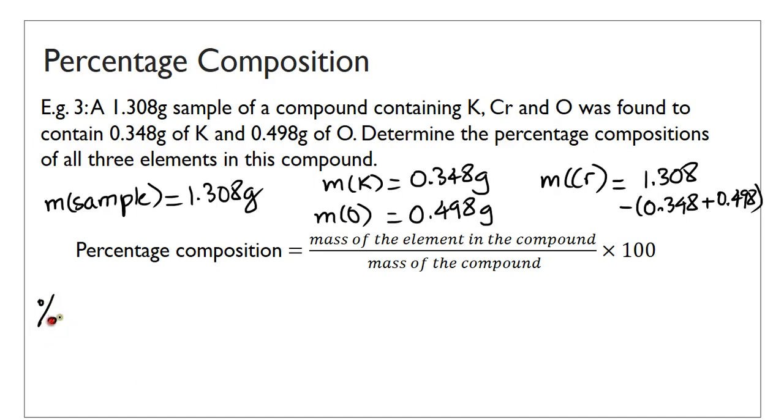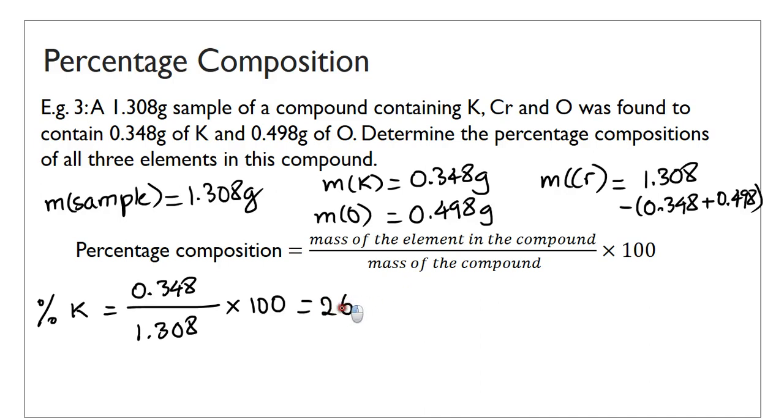So I'm just going to start by finding the percentage composition of potassium, which is the mass of potassium, so 0.348, over the mass of the sample. So the difference between this question and the previous one is that this one doesn't give you the formula of the compound, but it gives you the masses of a sample of the compound as well as the mass of each element. So times 100, so this is going to be 0.348 divided by 1.308, and so I have 26.6%, to 3 significant figures,